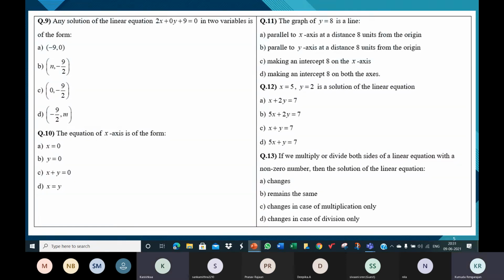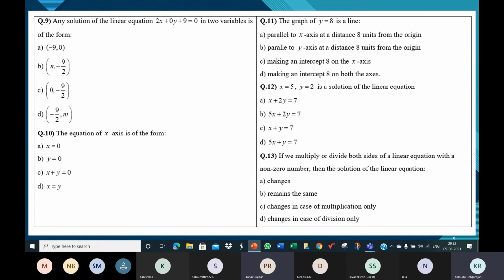Ma'am, 0x plus 2y plus 9 is equal to 0. No, first make it very simple. Then we'll add x and all that. Just tell me in a very simple form. The missing variable we'll say later. Now, when you look at this ordered pair, what do you think can be the equation? Let's build the simple one first. When we say 0x and some y, equal to minus 9 by 2, ma'am. Y is equal to a, like that, ma'am. No, y is equal to minus 9 by 2, ma'am.